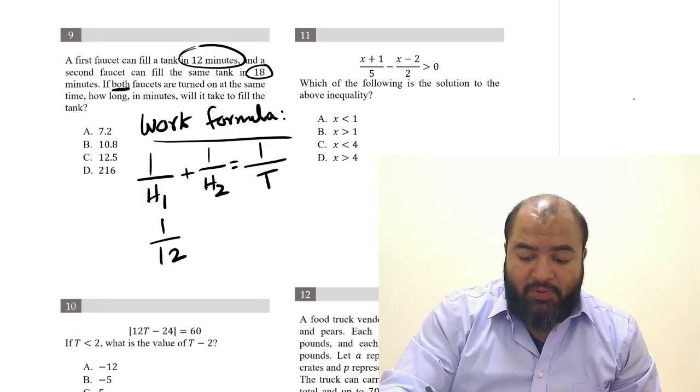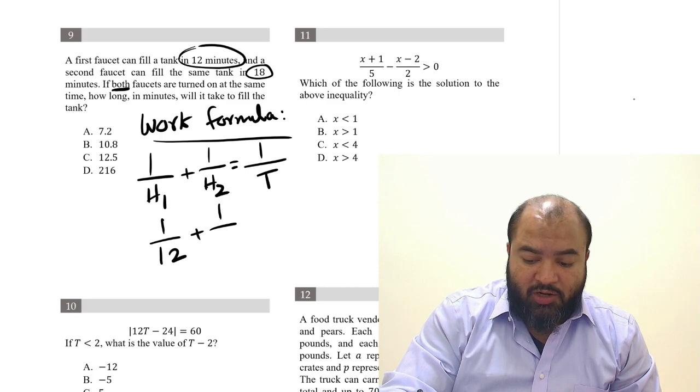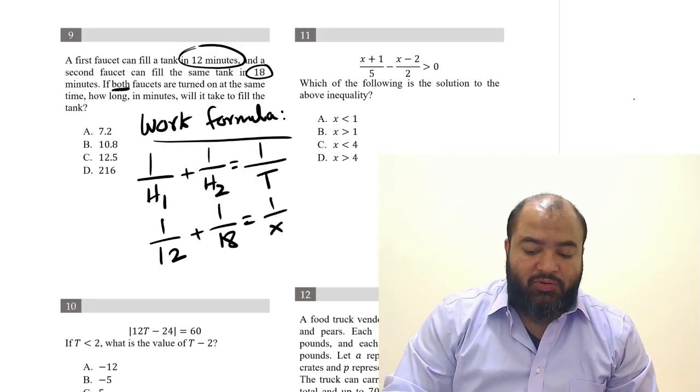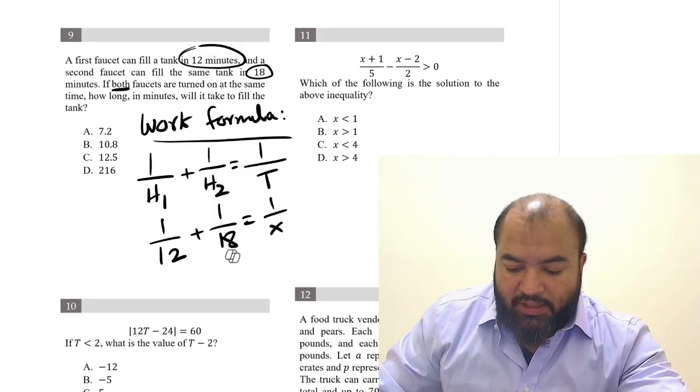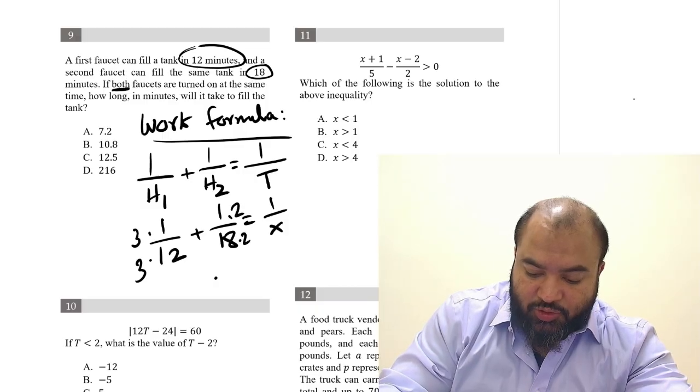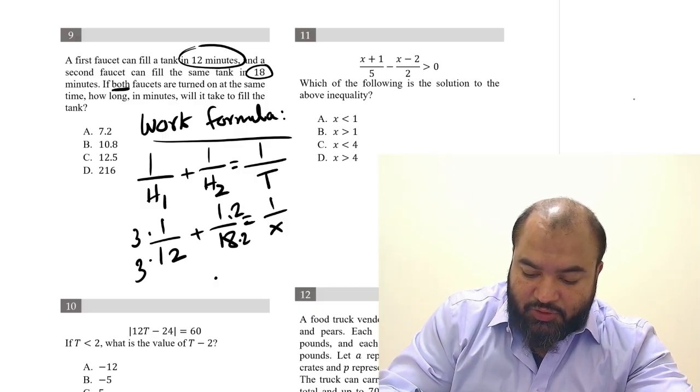Okay? Plus the second one is 1 over 18 minutes equal to 1 over x. Okay, so x is the time together. Now we just need to solve it. You can use a calculator, or you can times it by 3 and times it by 2. So it's 3 plus 2, 5